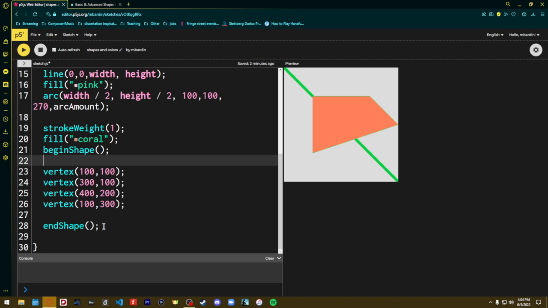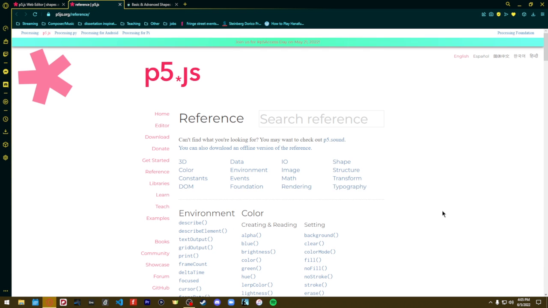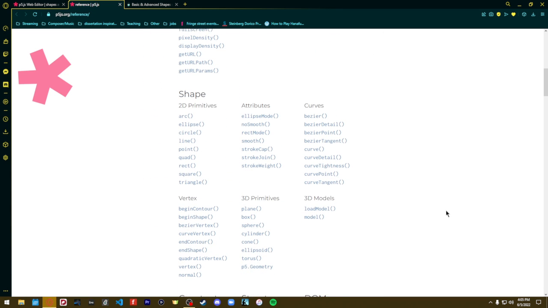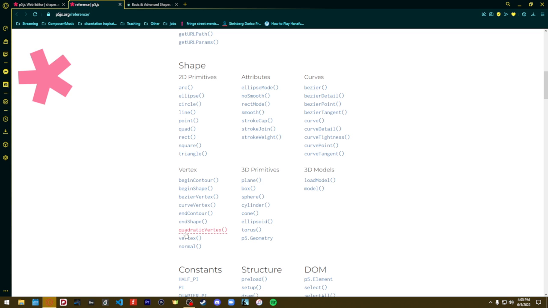With vertex, this is going to be the one I focus on for my students, but it is a point at each corner of the shape. There are other functions that we can use. If I just go into the reference here, and we scroll down to shape, here we are. So again, we get vertex, and we can set up things with curve vertex, and contours, and things like that. Then you can get really, really custom shapes to really fine tune exactly what you want. For the purposes of this class, I tell my students that these exist, but I really only go into vertex,